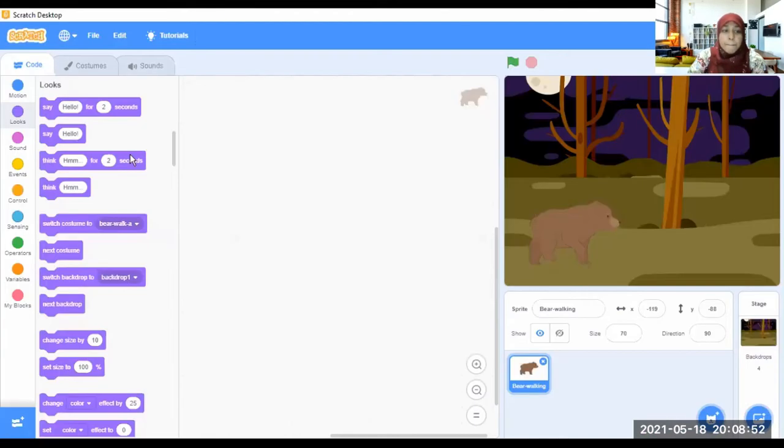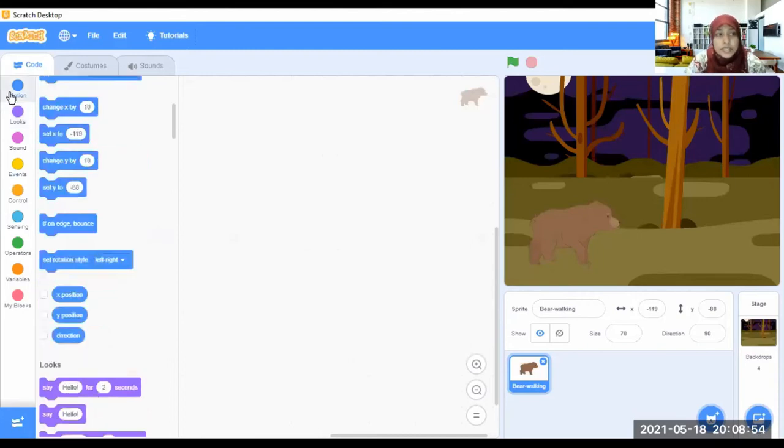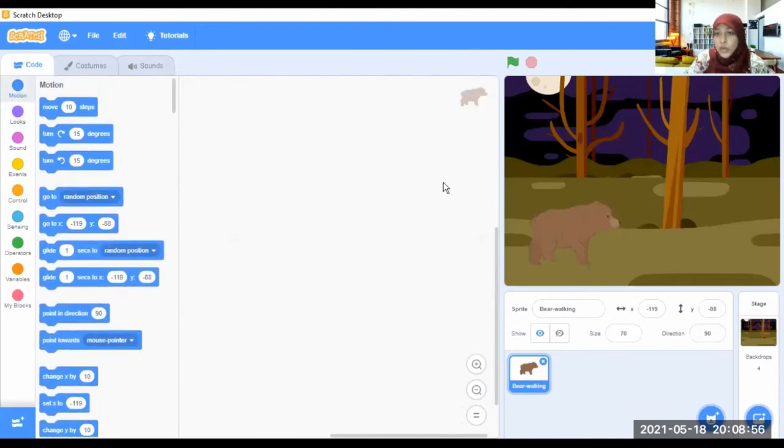Right? Back to the tabs. So this is the motion tab. Normally there are two buttons here. The green flag is go and this red one is stop. So when I click this go, I want this bear to move from here to here.